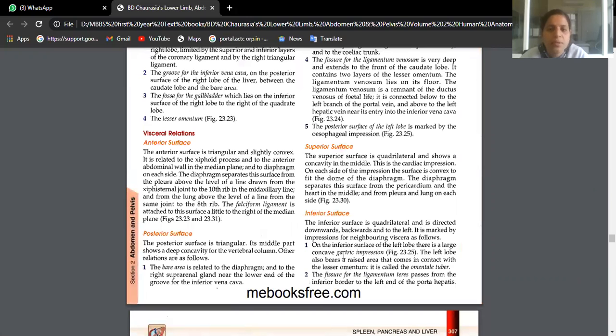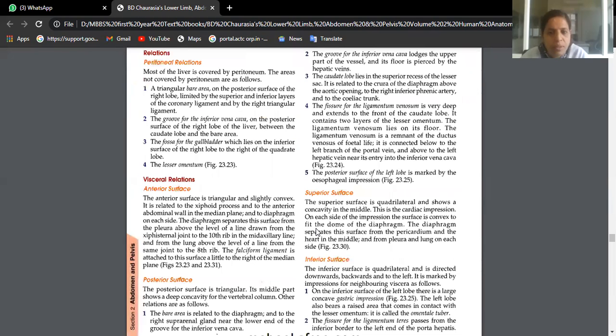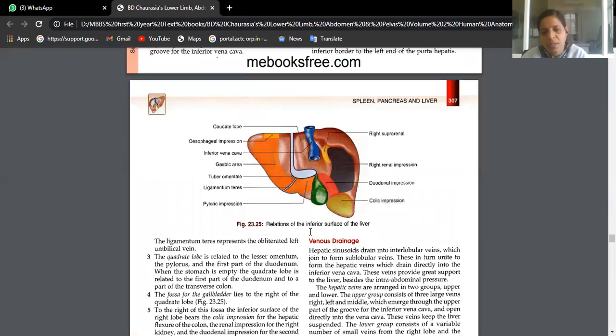Visceral surface. See, liver seen from behind. These are the inferior surface, which is also called the visceral surface. In this visceral surface, as you said, we started with the gastric area. This is the right lobe of the liver, and this whole big lobe you find here is the right lobe, and the pointed edge we have here is the left lobe of the liver. Right lobe and left lobe. When you see the visceral surface of the left lobe, you can see the stomach is moving like this.